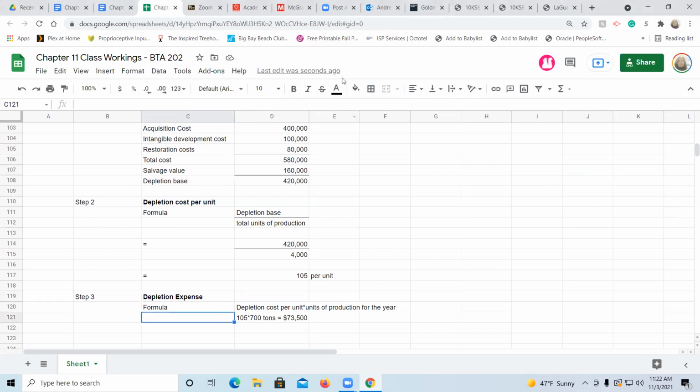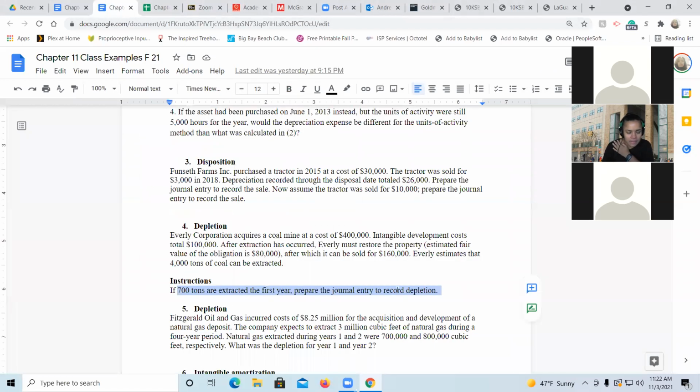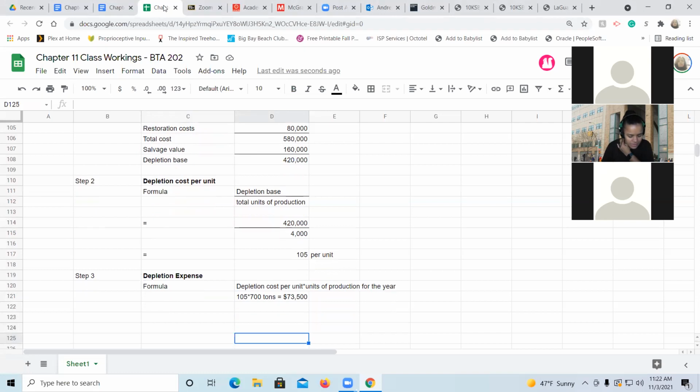No big deal, right? So 73,500 is the depletion expense, but we haven't actually answered the question. What the question said is prepare the journal entry to record depletion. So I'm still going to do that. So debit, credit. If you think about depreciation, it's kind of the same idea, that there's a depreciation expense and accumulated depreciation, but things get even a little bit more crazy here because